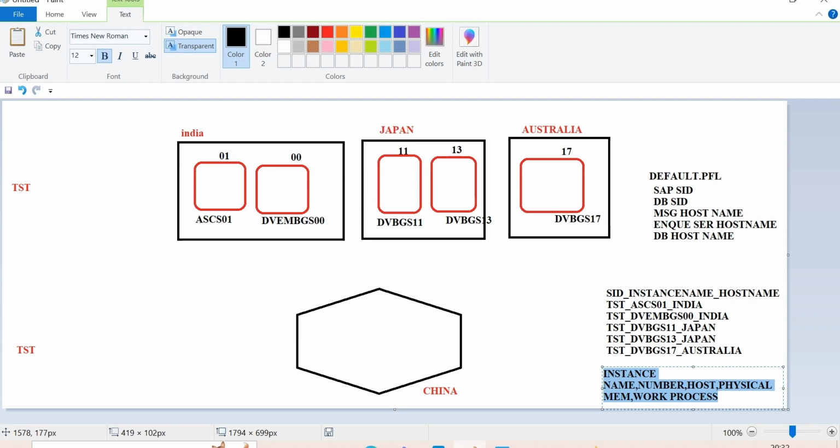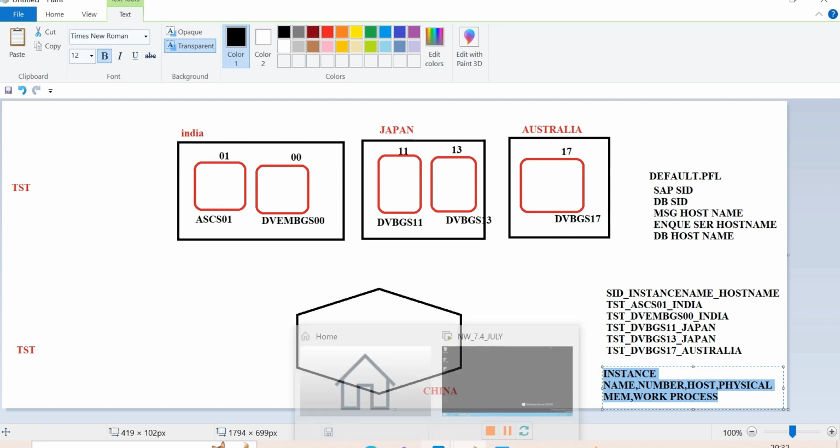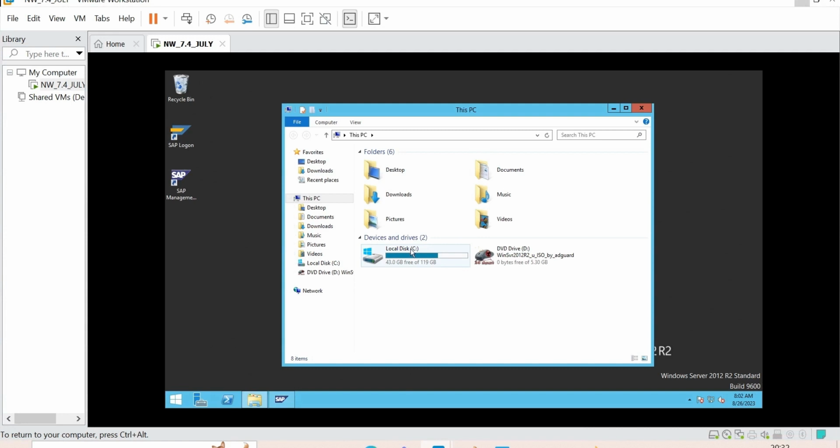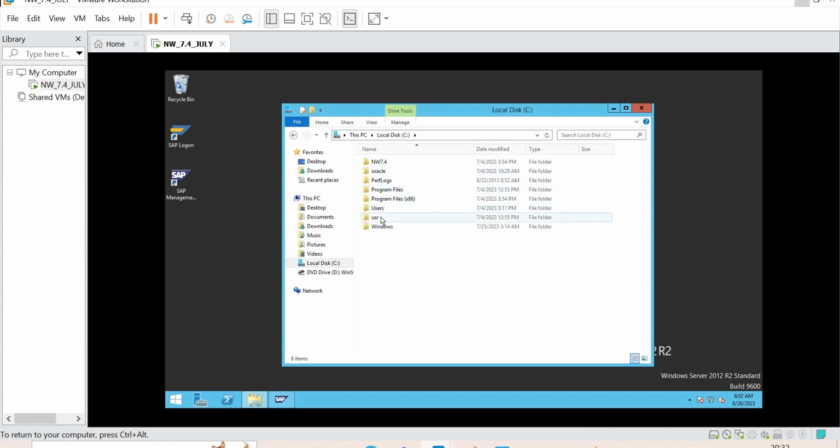This information will be in your default profile. For example, I want to change one common parameter. In which profile do I need to change it? The default profile. I'll show you an example. If I open my default profile, under usr, sap, SID, sys, profile, this is your profile's location.